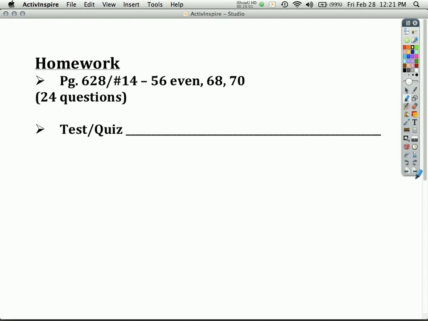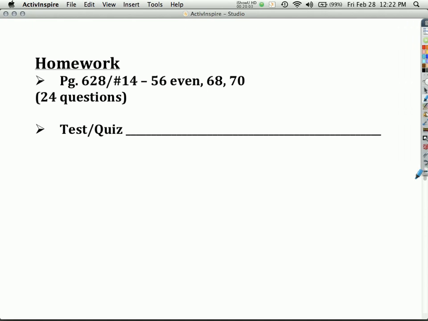Your homework is on page 628. You're going to do numbers 14 through 56 even, and you're going to do 68 and 70. And that's a total